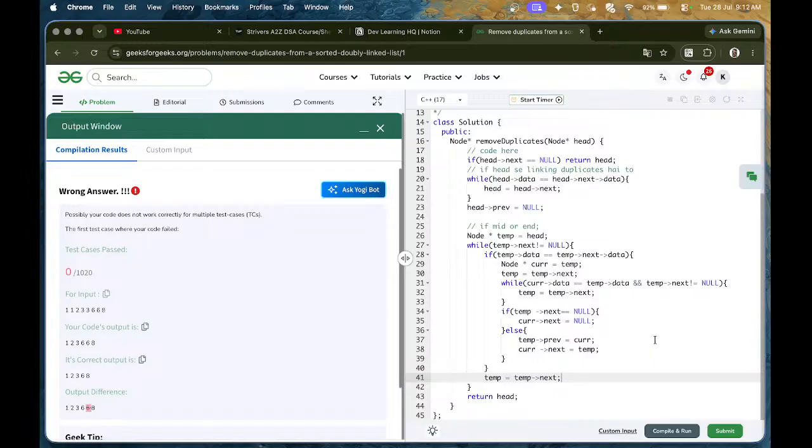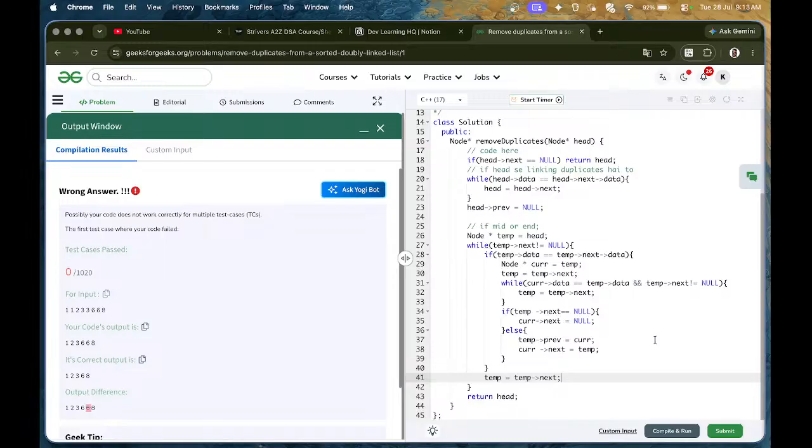Now temp का next null है क्या? नहीं। क्या temp का जो data है equals to temp के next का data है? No. Temp equals to temp का next. Now temp comes to 2. Now temp का जो data है वो temp के next का भी data है. Again temp comes to 3. Now temp का जो डेटा है वो टेम्प के नेक्स्ट का भी डेटा है। हाँ करेक्ट है, तो टेम्प को करेक्ट कर दिया मैंने और टेम्प इक्वल्स टू टेम्प का नेक्स्ट।